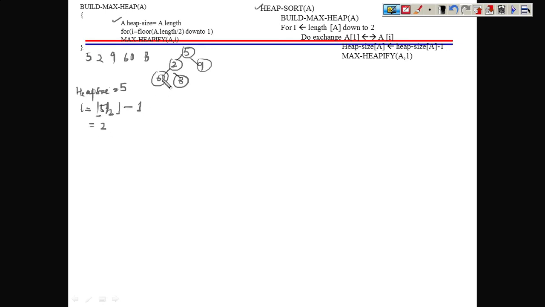Actually, we are applying this method to non-leaf nodes. So these are leaves. This is leaf, leaf, leaf. This is a non-leaf node. So from the last non-leaf node to the root, we have to apply Heapify. So from 2, this is index 2, this is index 1, 2, 3, 4, 5. So we have to apply Heapify to this node and then to this node. So when i equals 2,